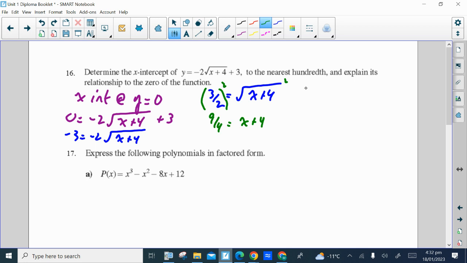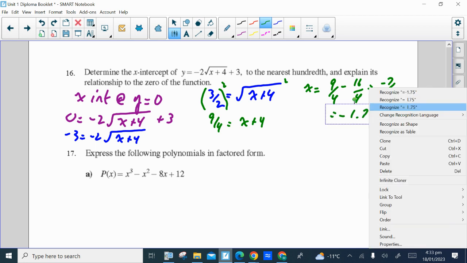And then when you subtract 4 from both sides, it'll be 9 over 4, take away 4, which with a common denominator would be 16 over 4. Or you could write the 9 over 4 as a decimal, 2.25, it doesn't matter. Either way, this gives us -7 over 4. And it does say to the nearest hundredth,